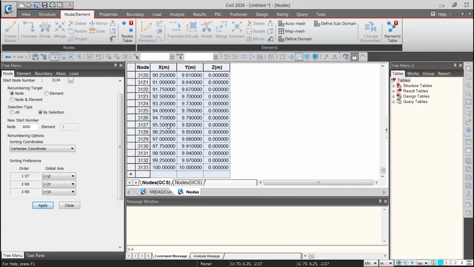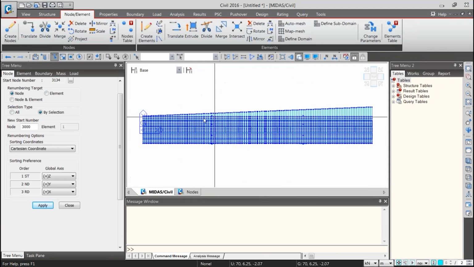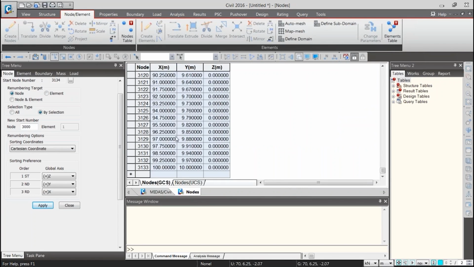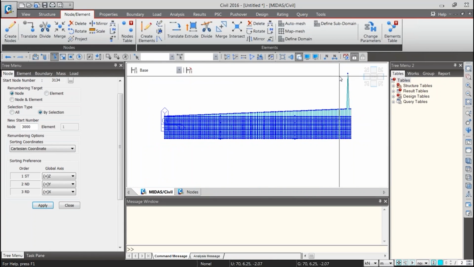So how does it affect the model? You go to the model. Now if you go to the top view, you find there's a slope that is there for the deck. In such a manner, you can always change the coordinates using Excel. If you have the coordinates for the deck already in Excel, you can directly put them inside this. Or if you want to do any modification, suppose I had done some 20 here or something else, you can find that the modification has been done to the node itself.